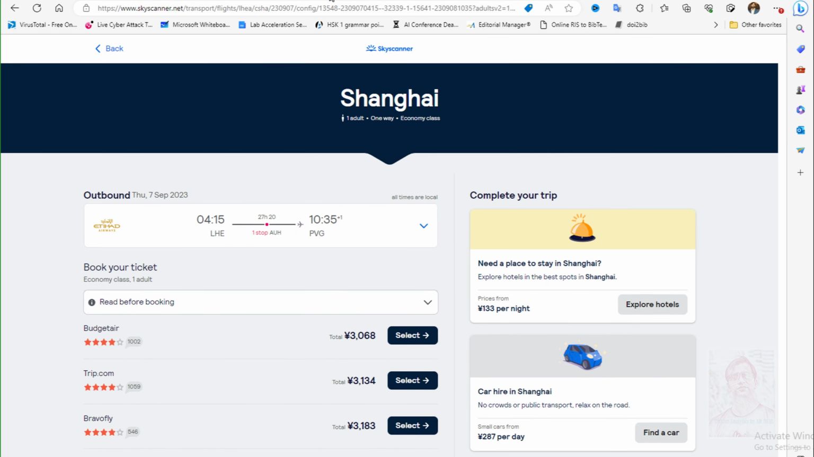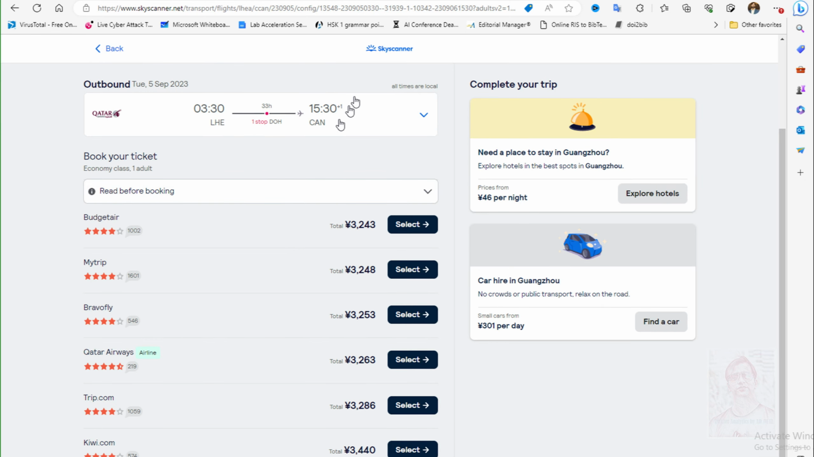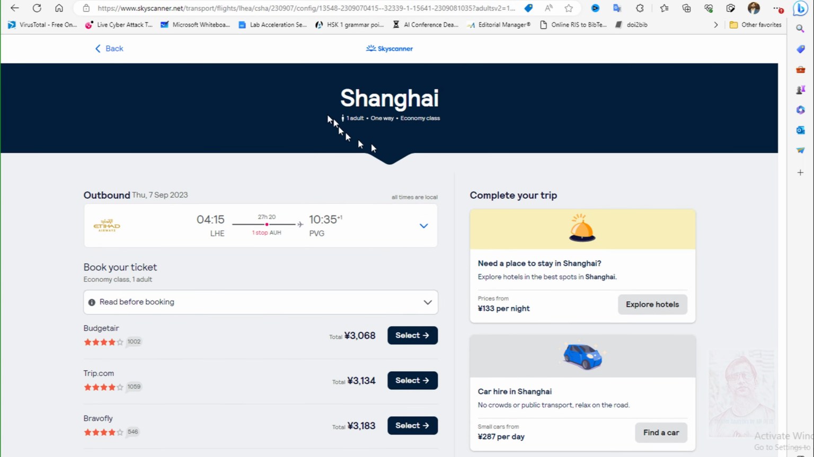Now we only have two options. One is Shanghai and the second one is Guangzhou. Because Shanghai is nearer to me, I am going to discard Guangzhou. Now we only have the Shanghai option, at 3260. The important thing here is time. I will be in Shanghai in the morning at 10:35. This is a very important thing, and you should remember the fast trains run only until